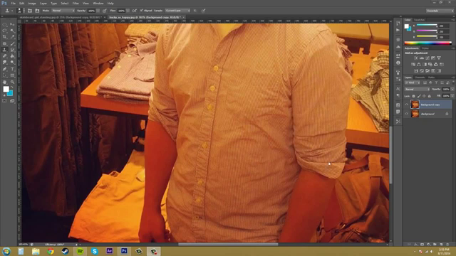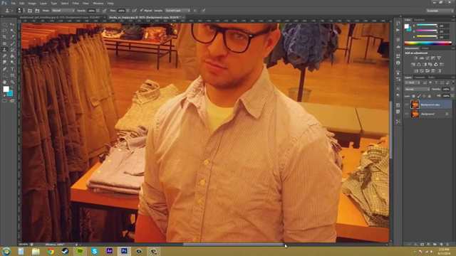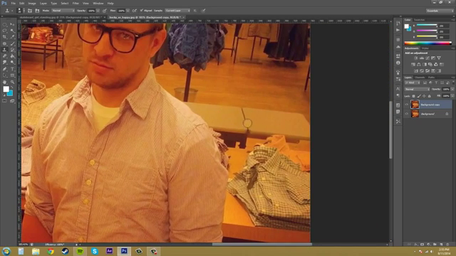So now I want to show you another way to use this, and that'd be cleaning up scratches or anything in there. So I saw this table in the back that has this line going through it, and your client wants you to make it just one table, so it's not all coming through. So what I'm going to do is make sure aligned is on, and I'm going to sample the table, and then all I'm going to do is hover over top of it and just start dragging,